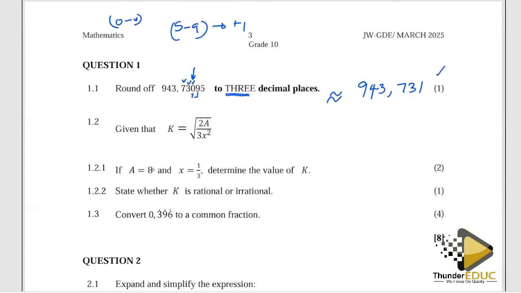Then now 1.2, telling us that k is equivalent to the square root of 2a over 3x squared. And then they're telling us that if a is 8,